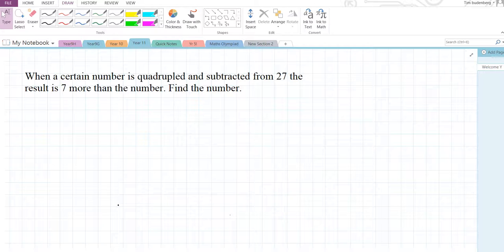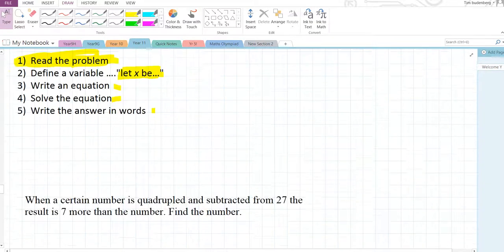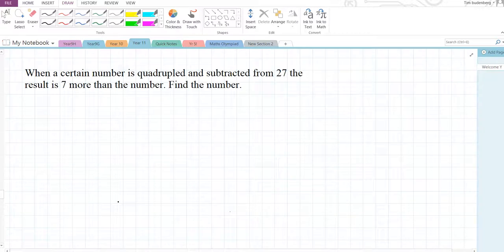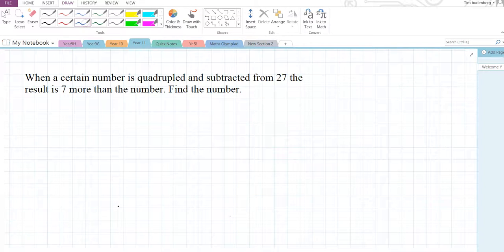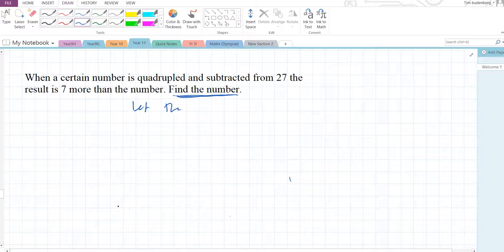Alright, the most basic form of question is written like this. When a certain number is quadrupled and subtracted from 27, the result is 7 more than the number. Find the number. We've read the question. We now have to define the variable. If there's ever any doubt, the easiest way to think about it is if they ask you to find something, whatever they ask you to find tends to be the variable. So we can say, let the number